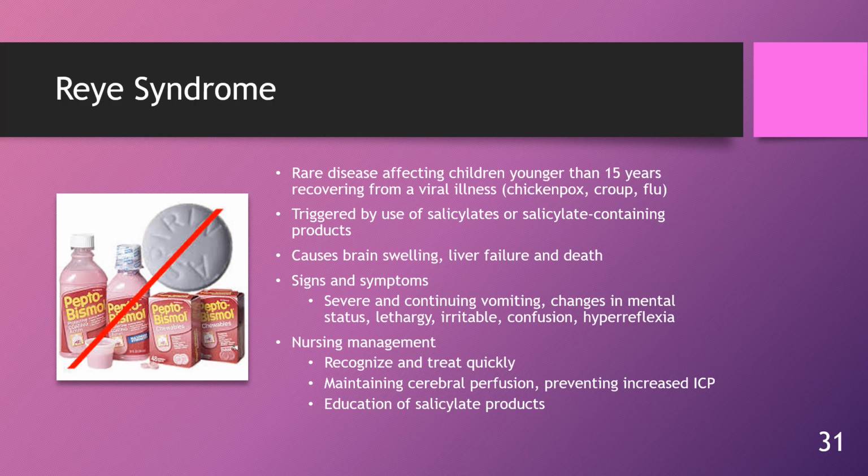Early recognition and treatment is important to manage this illness. Nursing management is aimed at maintaining that cerebral perfusion, managing and preventing increased ICP, and providing safety measures due to changes in LOC. Patients and family need to be educated on the important aspects of prevention, and this includes educating